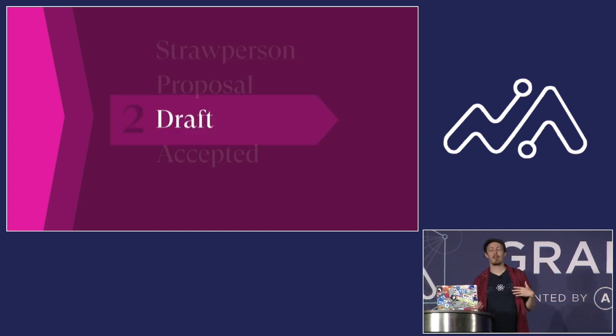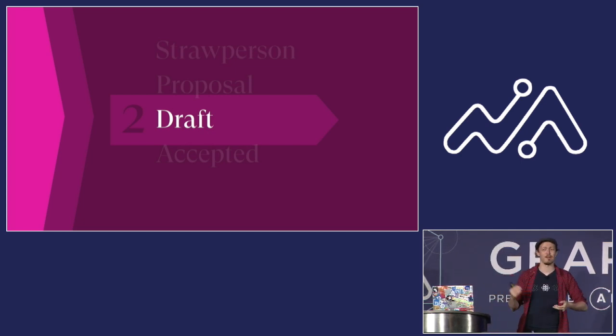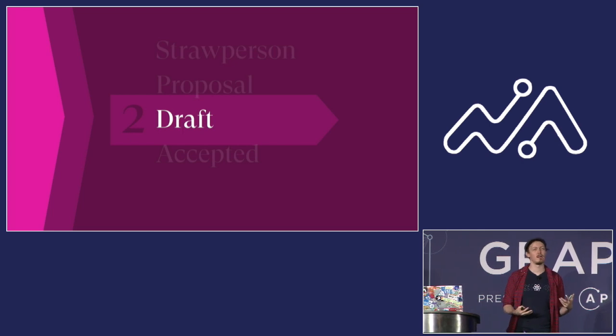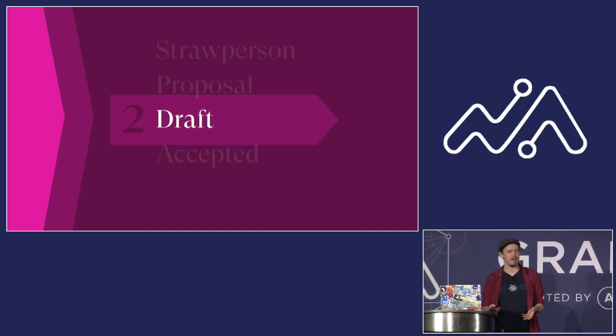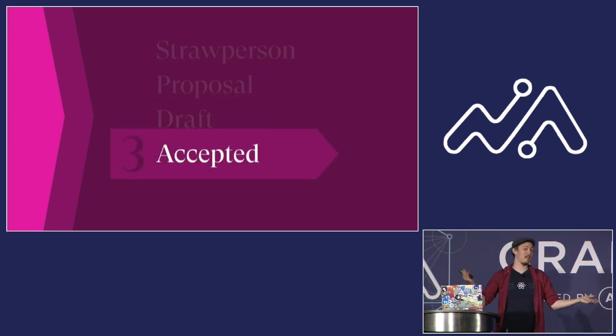Then there's the draft, where you're going to be using the correct syntax and the correct formalization inside the spec, because the spec is a language spec. So there are parts of it that are very human readable, but then there are parts of it that are literally meant to be sort of machine readable as well. So you would learn to do that, and maybe you would have your own fork of GraphiQL or something to try it out with. And then accepted means what it means, which means that it will go into the spec